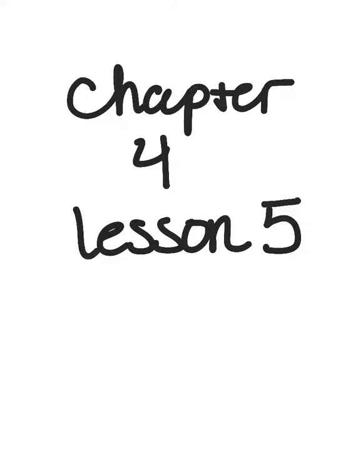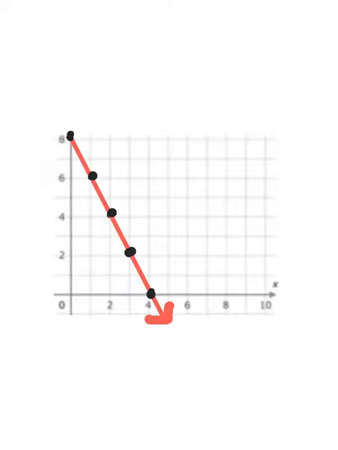This lesson is just reviewing your growth triangles, looking at it from a positive slope and a negative slope. So if you look at this graph, you'll notice that it's linear, but it's also a negative slope, which means I'm decreasing every time. And that's okay. I'm going to do the same thing that I have been doing, and I'm going to draw a growth triangle